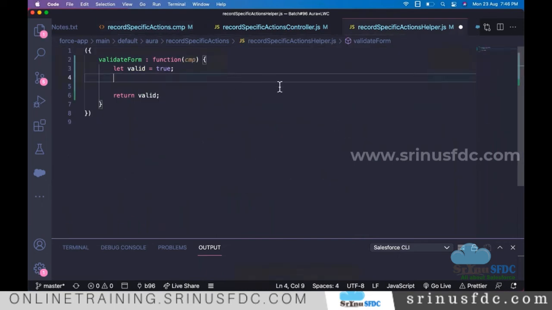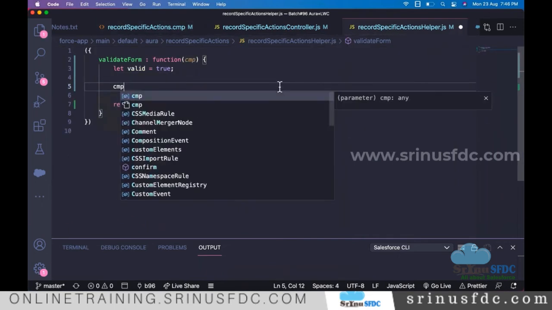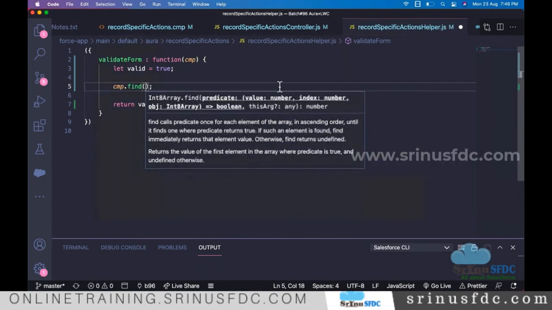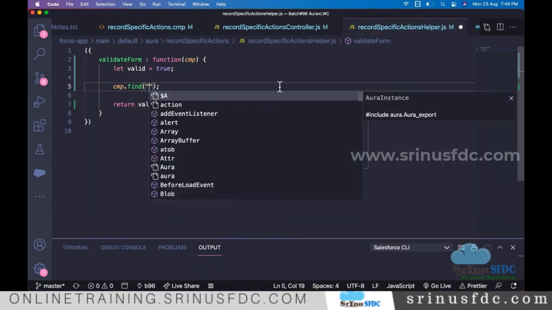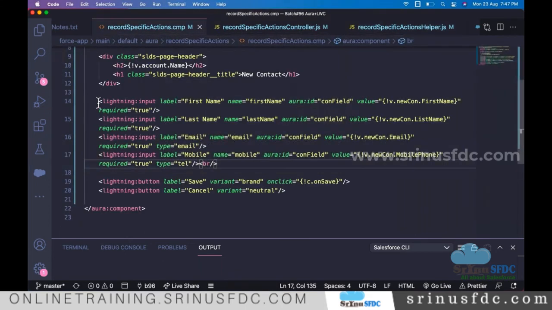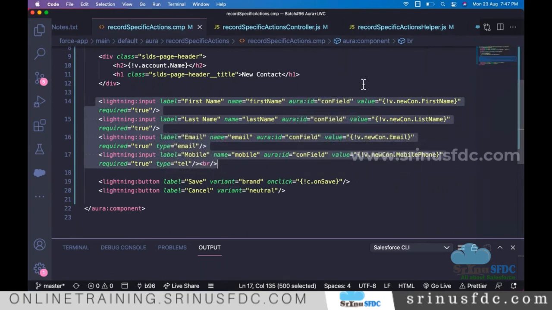When you use component.find with this contactField, how many elements will it return? Multiple. This is going to return all these elements' information.